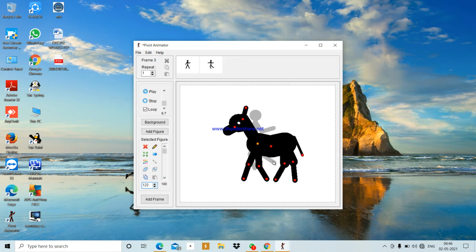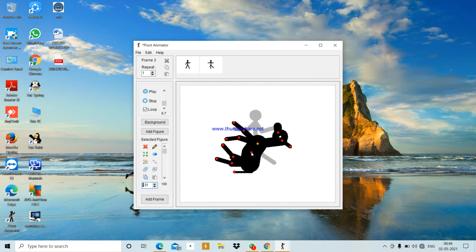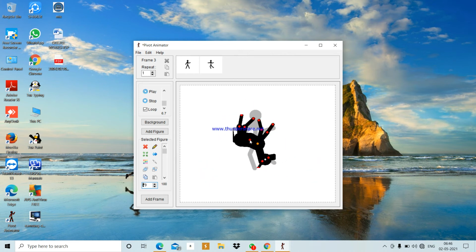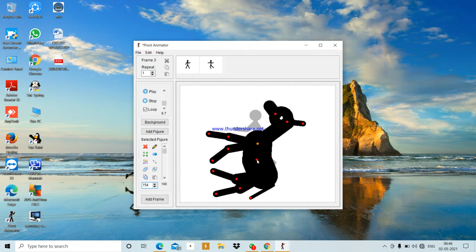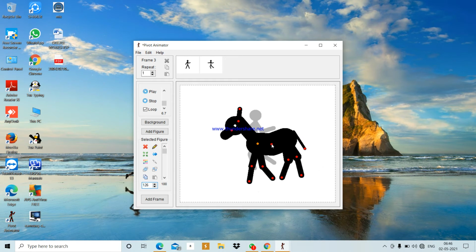So the next option is how we can rotate our figure. You have to press and hold the Alt key. Then click a handle and drag the mouse to rotate the figure in any direction like this. This is how you can rotate the figure. So press and hold the Alt key and the left mouse button also. This is how you can rotate it, in any direction.